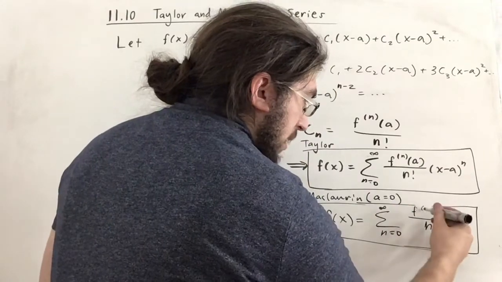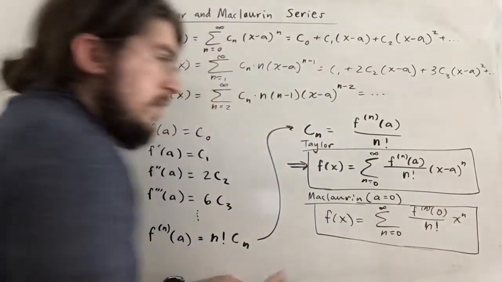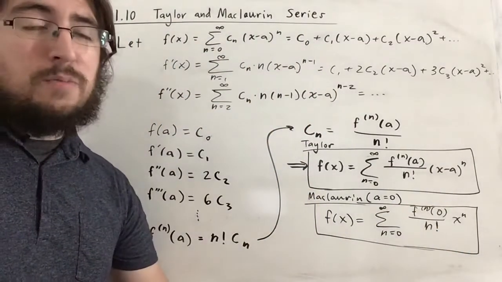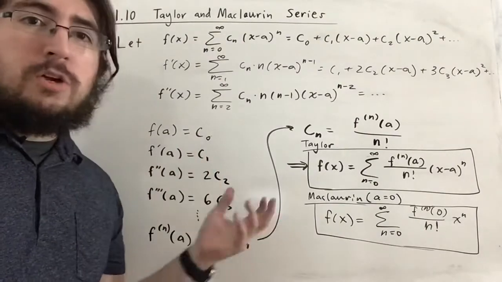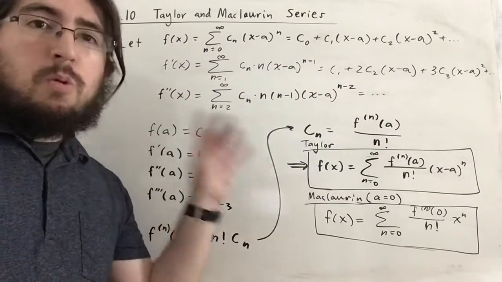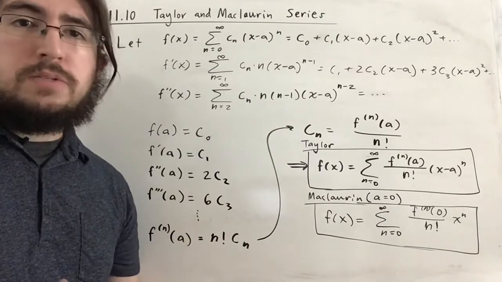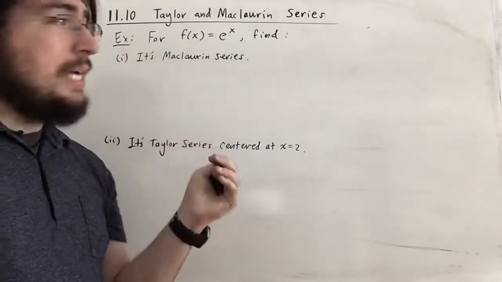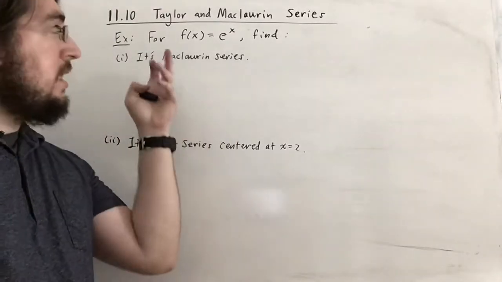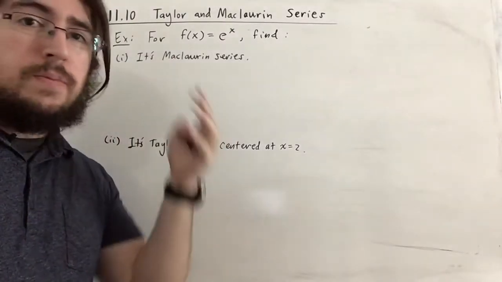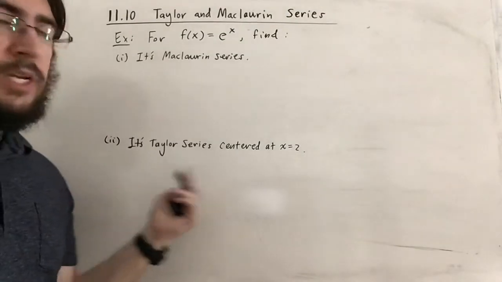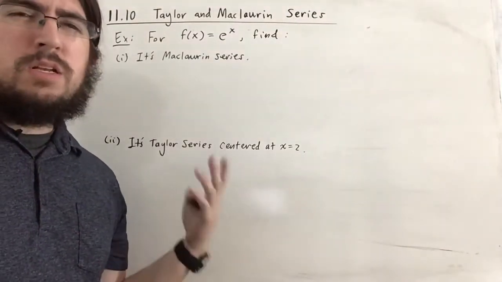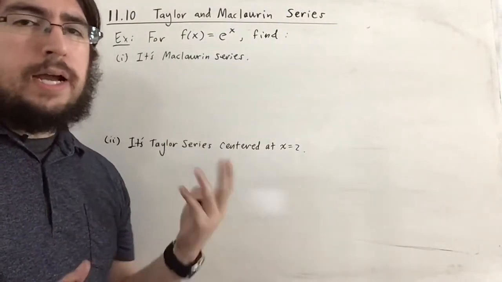So in fact, really that's kind of all we're going to see in 11.10, but I want to show you some examples so we can really see why this is so useful. So let's take a look at those examples right now. Right, so here we're given f of x equals e to the x, and we want to find two things. So first is the Maclaurin series, which I think is kind of the fun part, and then it's the Taylor series centered at x equals 2, which is a little more specific,